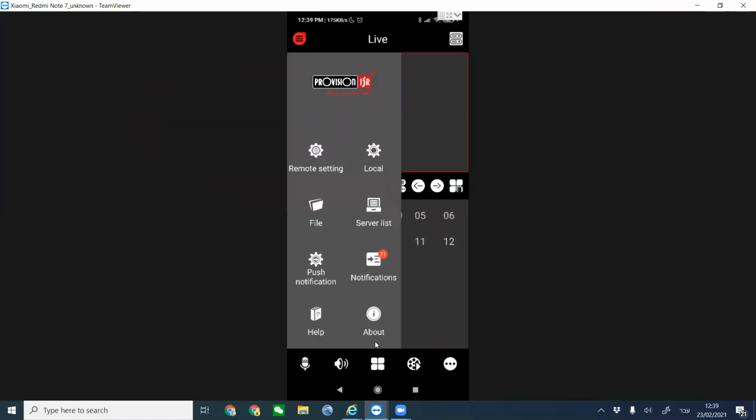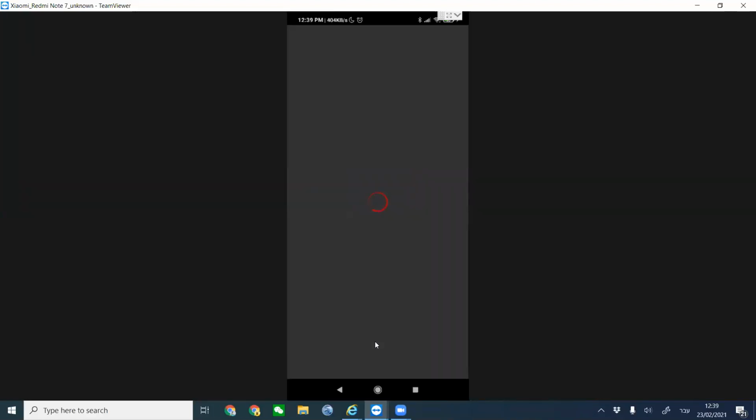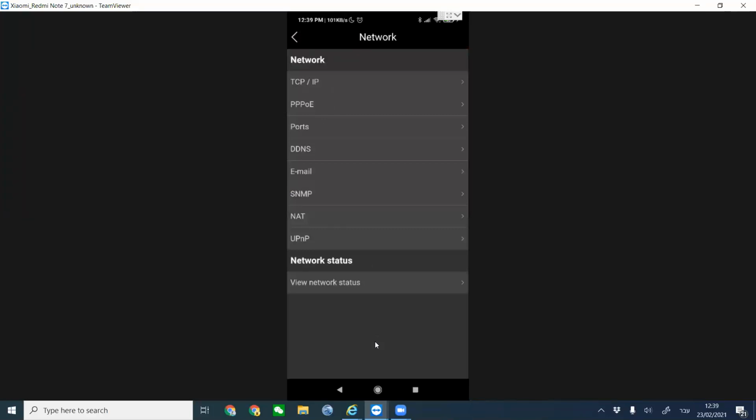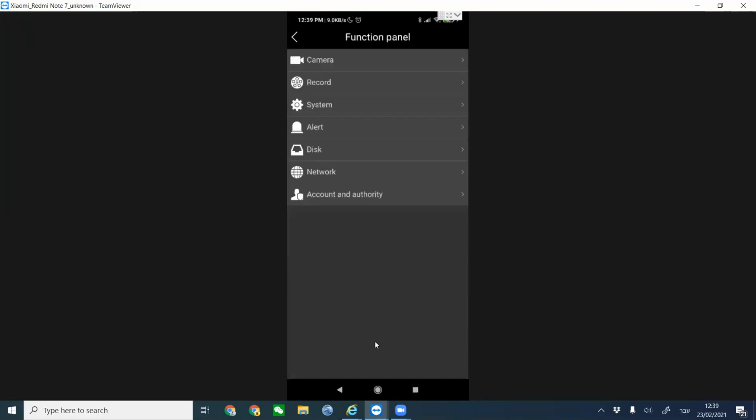Yes, you're going to go into the remote settings. Okay, remote settings. You go into your device, then into the network, email. In email, we provide the email details that the NVR is going to use in order to send emails. And if you want to decide whether to send or not to send email alerts, then we go into the alert. The alert button is concentrating